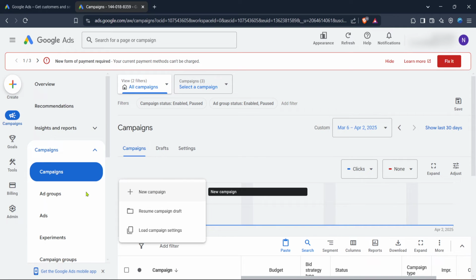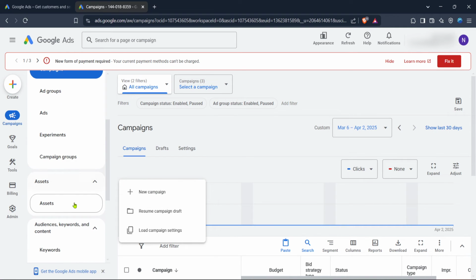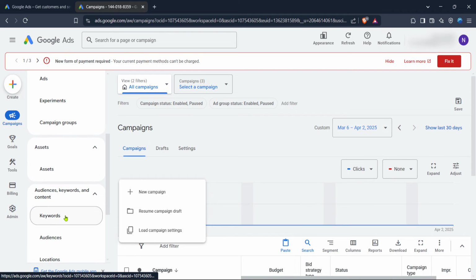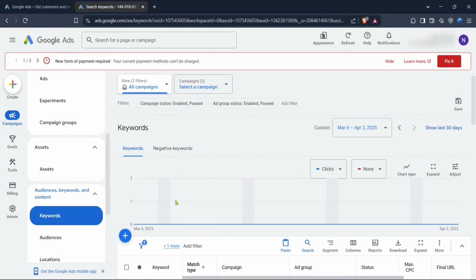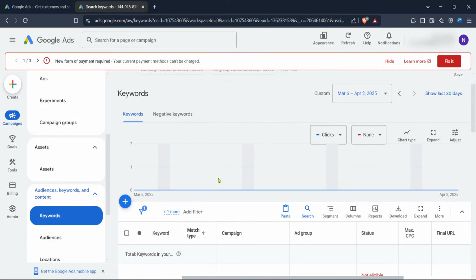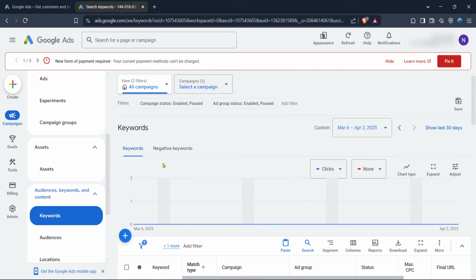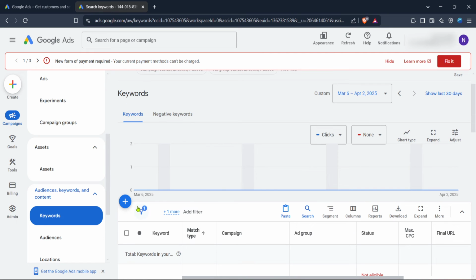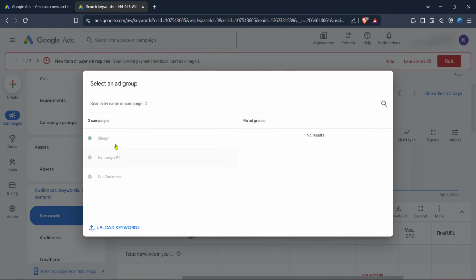You'll find the keywords section within your campaign setup. Clicking on it will open up a realm where you can start researching potential keywords and phrases prospects are searching for. Here, you can either input keywords you've brainstormed or use Google's suggestions. The tool offers insights into keyword performance, competitive metrics, and search volume, helping you make informed decisions about which keywords